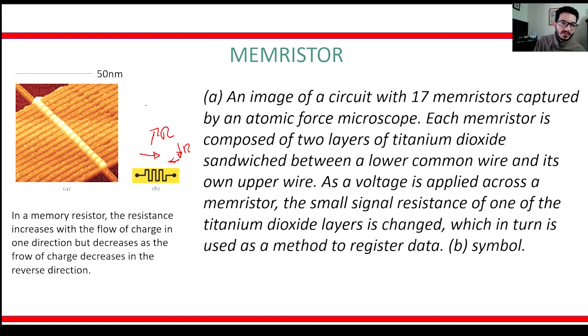Okay, so they're very small. This is 15 nanometers, which is extremely small. This is 50 times 10 to the negative 9. And this image has 17 memristors, right? 1, 2, 3, 4. So they're extremely small, meaning that you can use them in small smartphones and computers. And as I said, it's excellent because you can have current go through one side of the resistor so that you can do your typical applications. But instead of using a diode, you can use the same memristor so that the current wouldn't go in the reverse